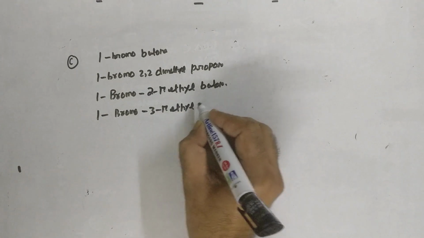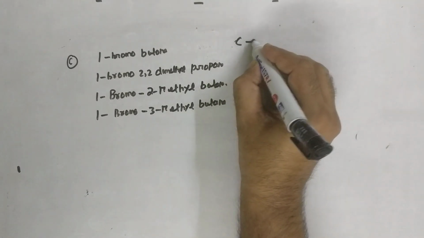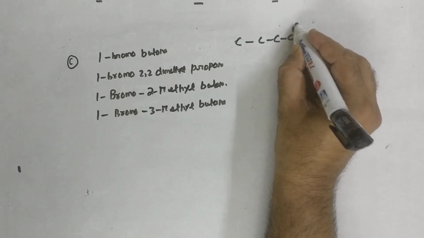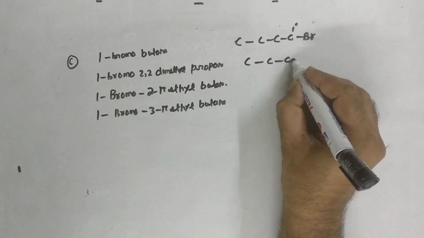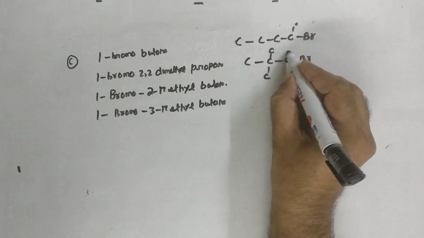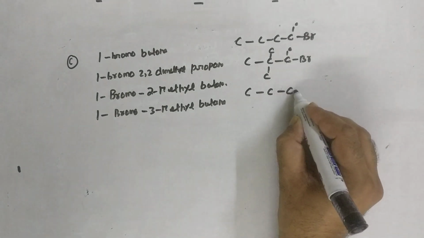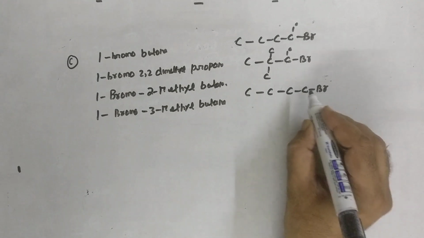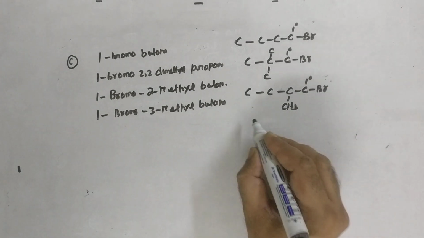The best part of this question is that all of them are going to be primary. And I will be deciding on the basis of steric hindrance. The one which has more steric hindrance, more branching around halogen, will be less reactive, because we are talking about SN2 mechanism in which we look for the steric hindrance.